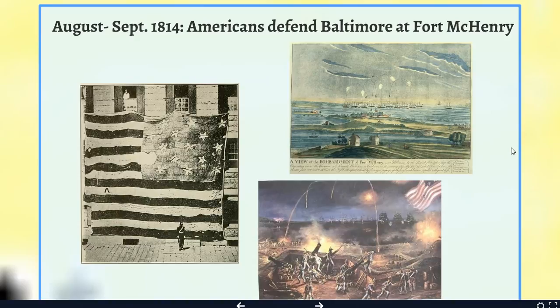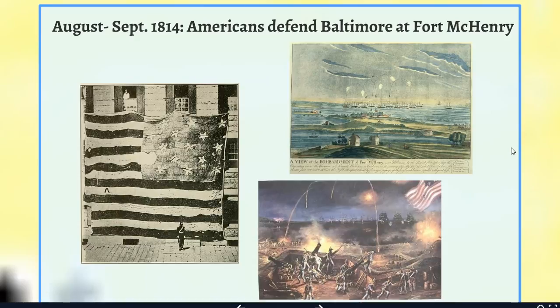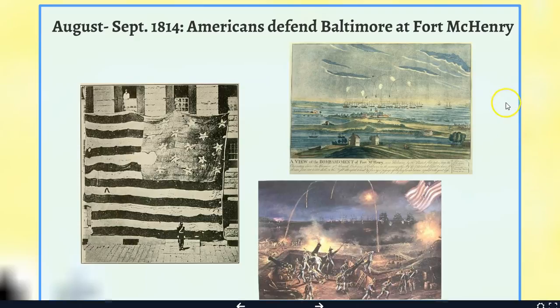A few weeks later, the British Expeditionary Force then makes its way up the Chesapeake Bay with the goal of taking the critical port city of Baltimore. This is, I guess, something of an American victory. The city does not fall because it was successfully defended at Fort McHenry, which blocked the opening to the port